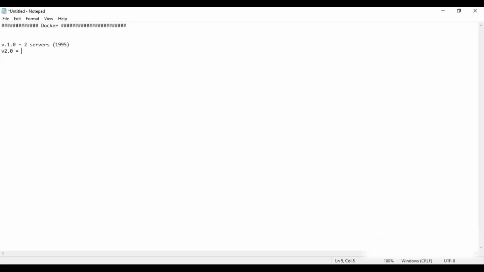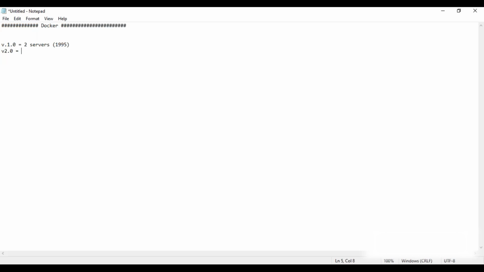Then my application is upgrading, maybe I'm adding new features to it. We see a lot of versions of applications, right? For example, on your laptops you might have installed Java to run some Java application. Java also keeps changing versions, and whenever your laptop connects to the internet, it will ask you to upgrade the software. Even on your mobile, whenever you connect to Wi-Fi, it will ask you that the recommended apps are going to be updated. If I click yes, it will update all the applications and change the versions.